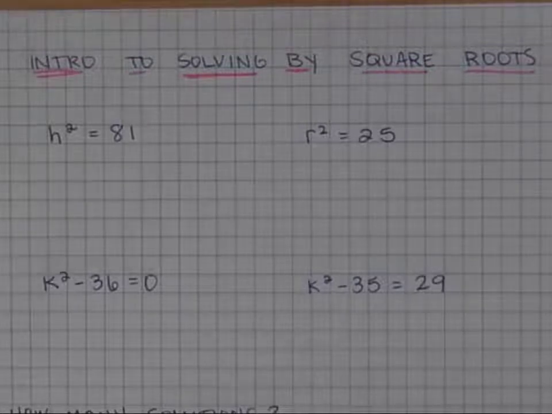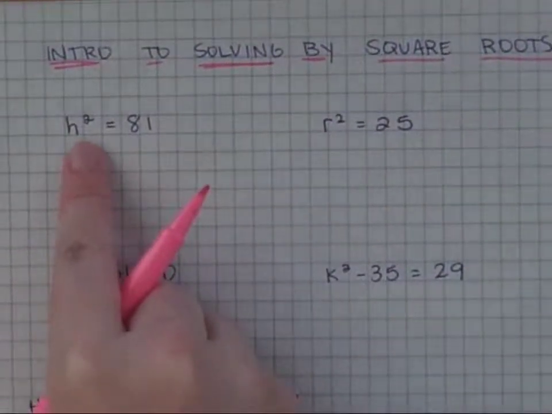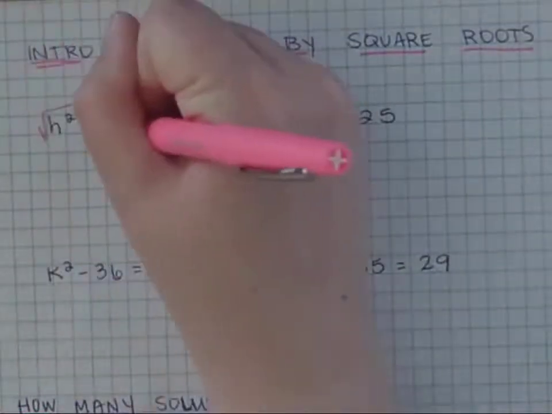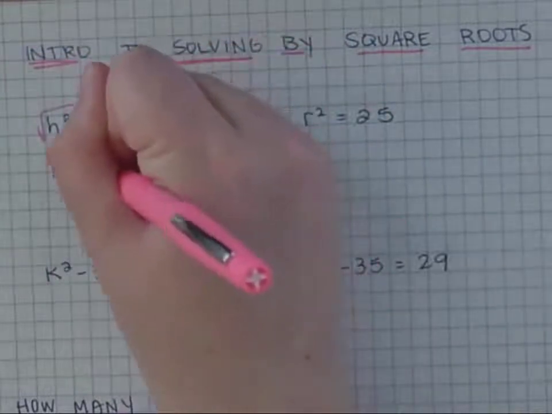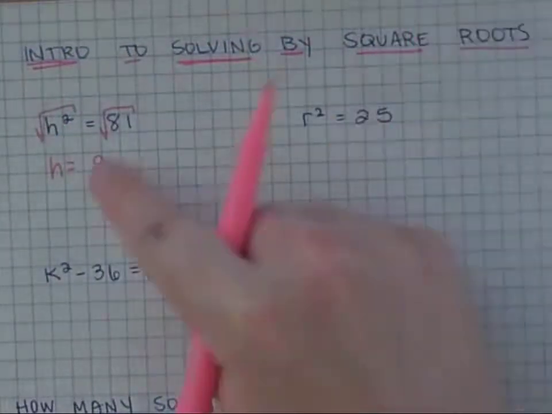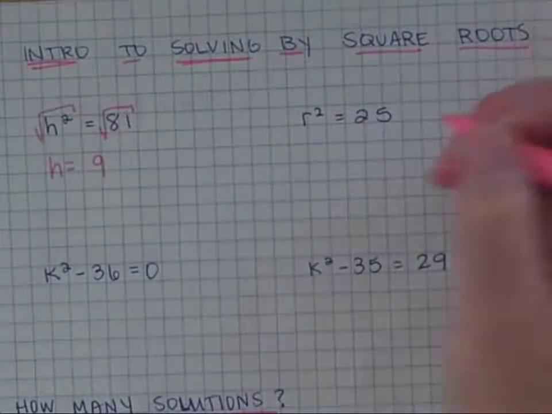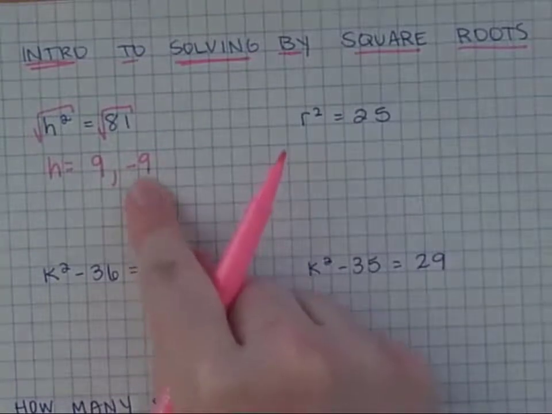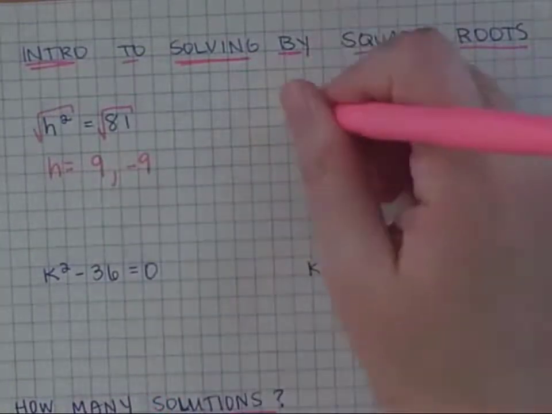So remember that when we're solving by square roots, there are two values that multiply to themselves to get 81. We take the square root. So h can either equal 9, but remember 9 times 9 equals 81. What else times itself equals 81? Negative 9, because negative 9 times negative 9 equals 81. So thinking about that,